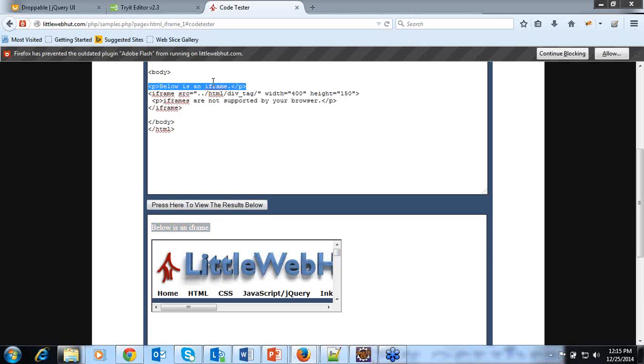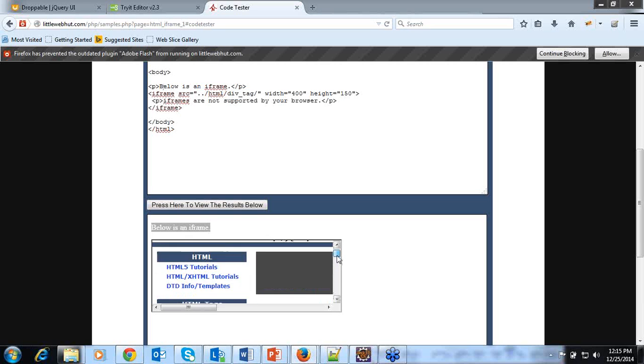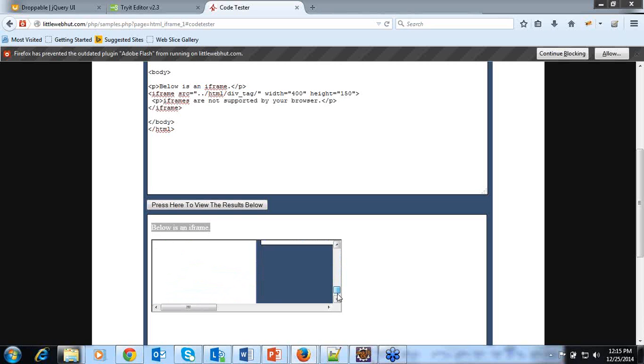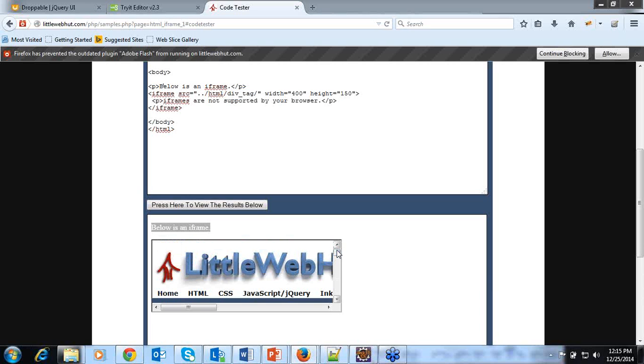This is an integrated part of the HTML page, but the window shown here, and inside the window, is a separate web page. This web page is taken from another location and embedded in this HTML using iframe.